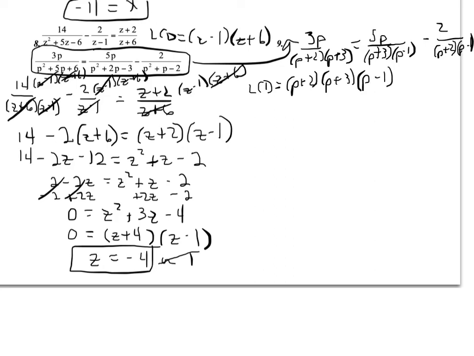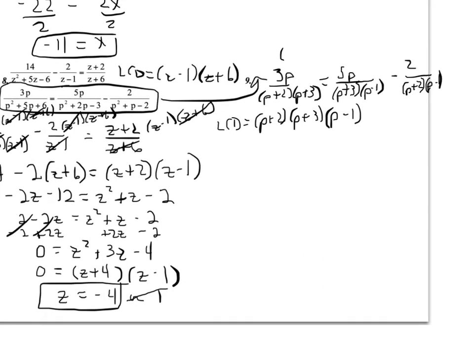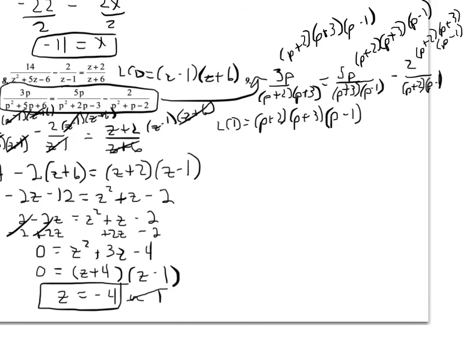And what happens if I multiply each one of these fractions by that LCD, I'm going to get a number of things that will then cancel out. So I'm going to put my p plus 2, p plus 3, p minus 1 for each one of these. And let's cancel what we can. In this first fraction, the p plus 2's will cancel, the p plus 3's will cancel, and that will leave me with 3p times p minus 1